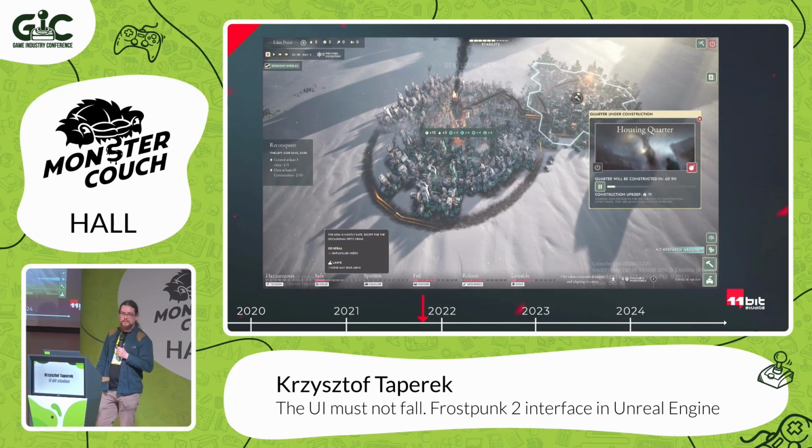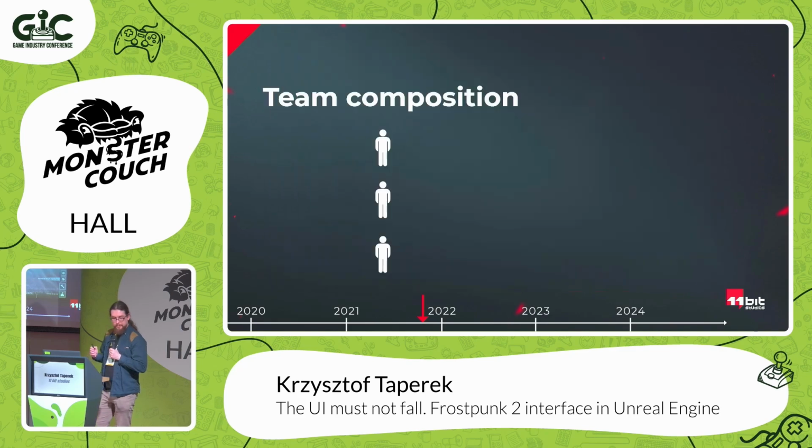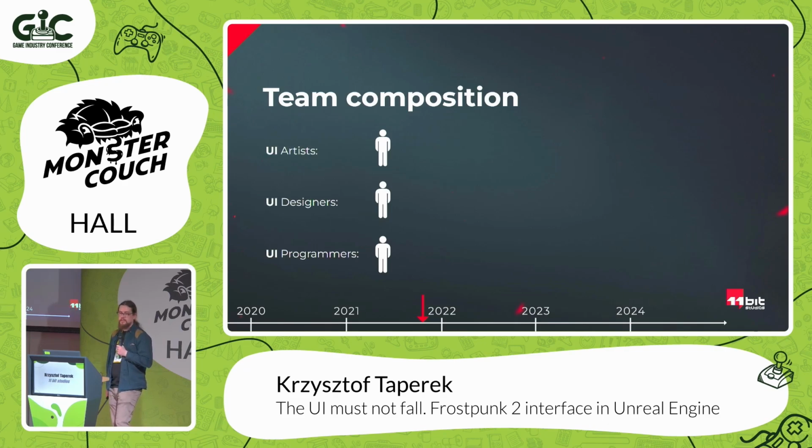Of course, there was still a lot of work for UI, and we were constantly behind the schedule, but it was working quite okay. And one important thing, what was the team composition at that time? So that was 3 years ago. And we had just single UI artist, single UI designer, and single programmer. And that was the whole team behind that. So we are not talking about some very big teams implementing a lot of stuff at the same time.